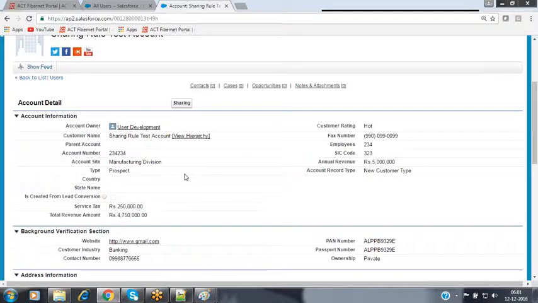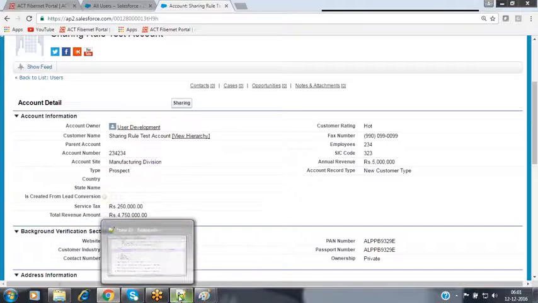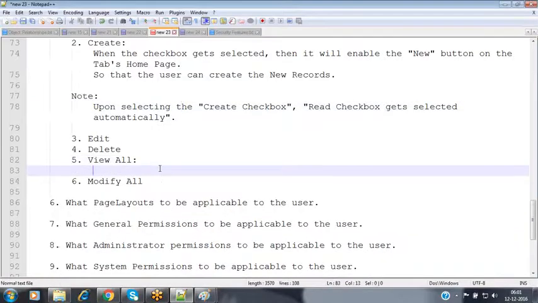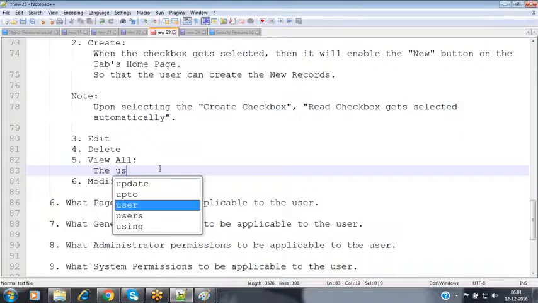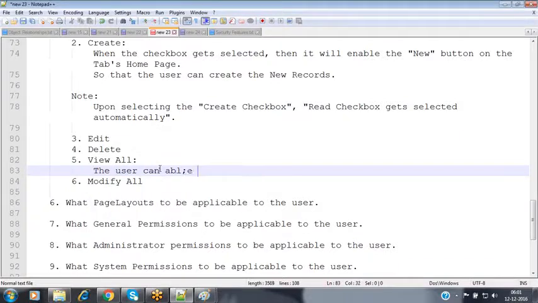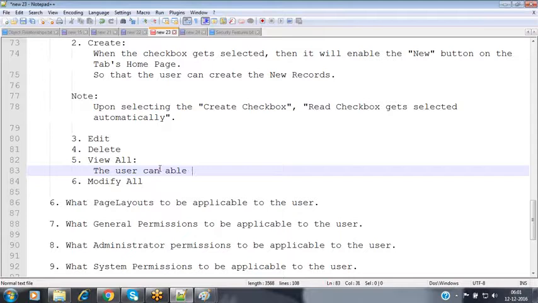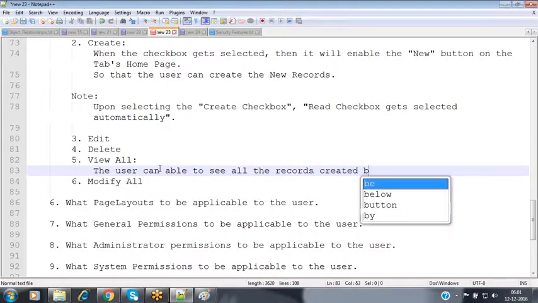Now, I will show you one more option. Come to the profile level. In that profile level, you will have two permissions called View All. View All means the user can see all the records created by the other users in the organization.